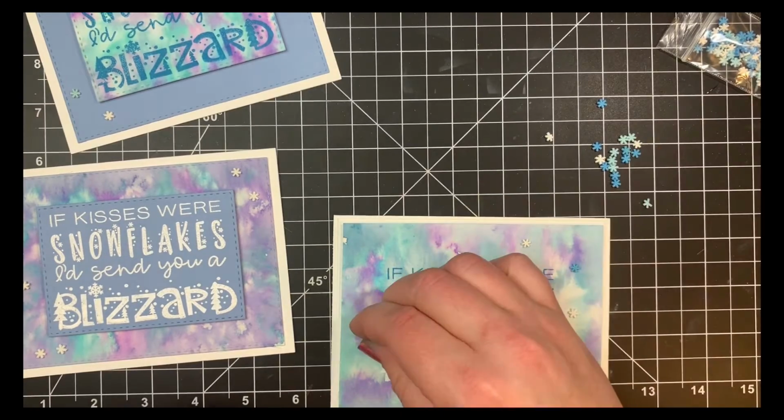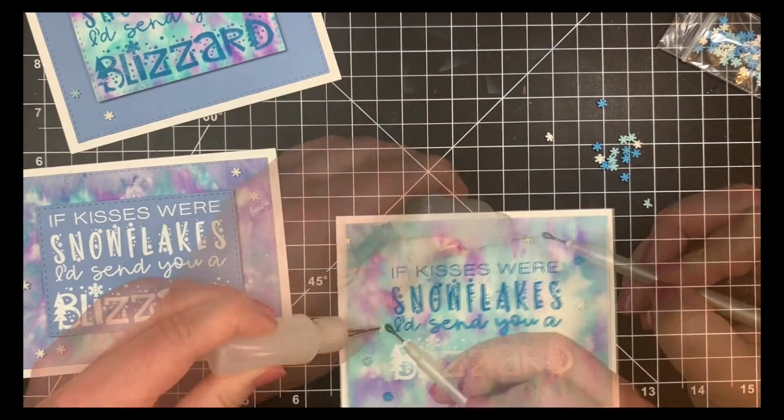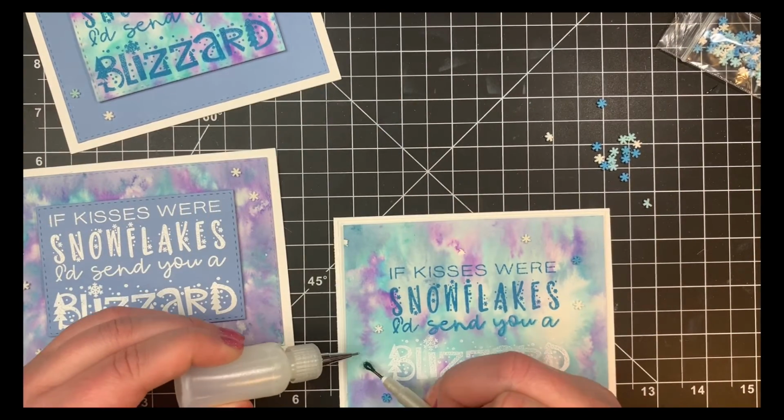I think this took me less than an hour for all three cards. So this is a great stamp to have if you're trying to kind of mass produce some of the Christmas cards when it gets